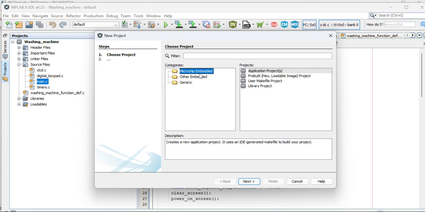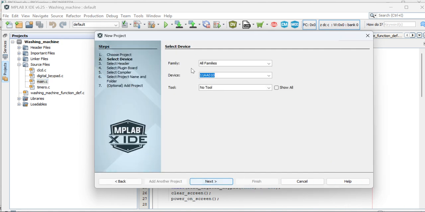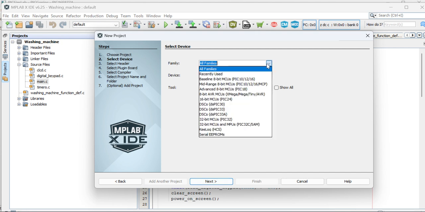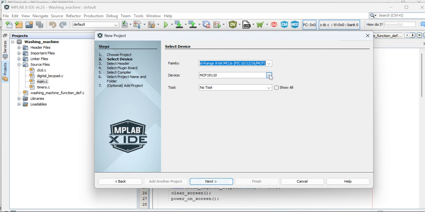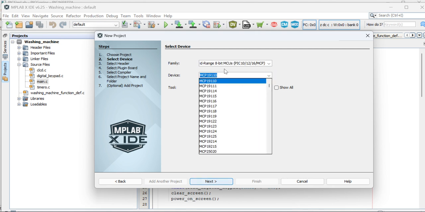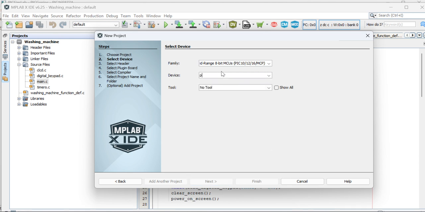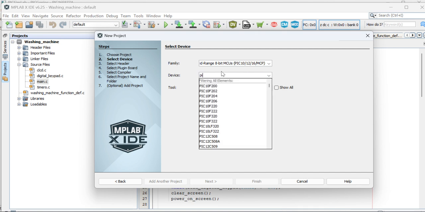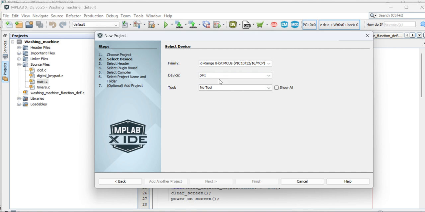And here we have to choose Microchip Embedded and Application Project in Projects, and click Next. Then we have to select, in Families, Mid-range 8-bit MCUs, and for the device, pick 16,